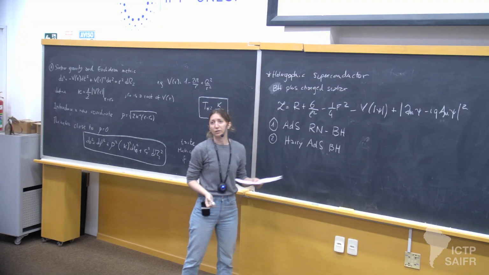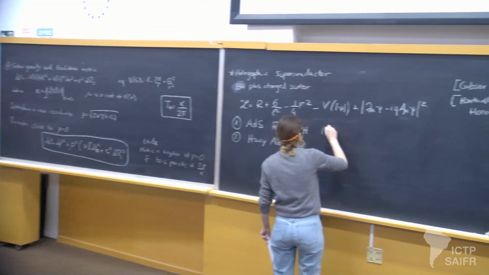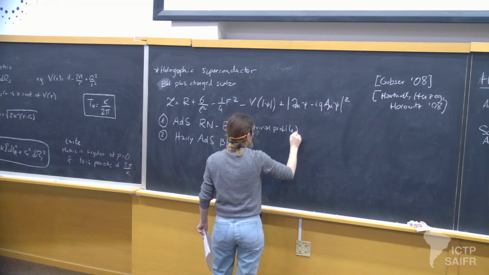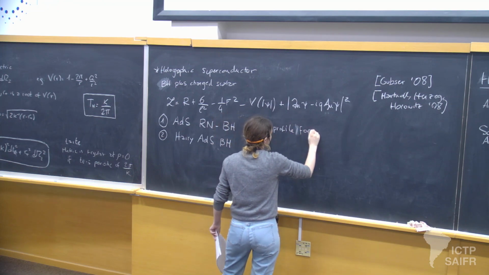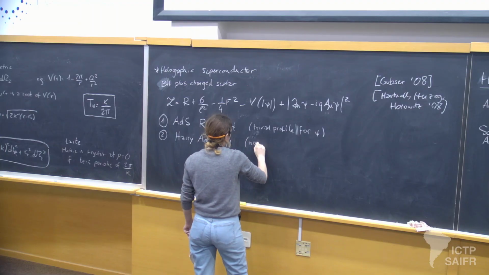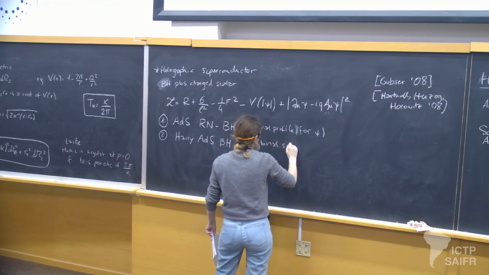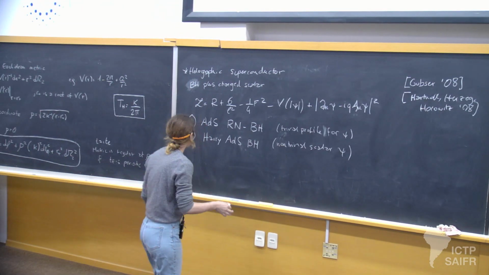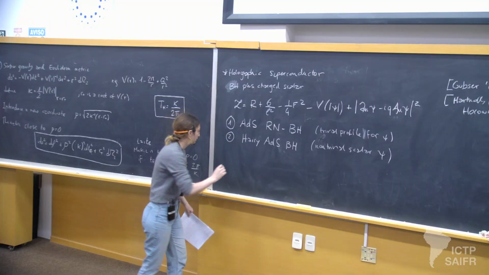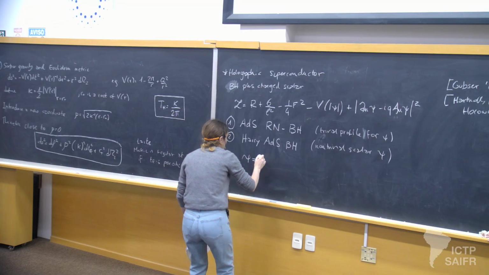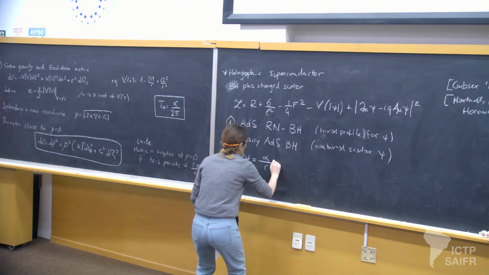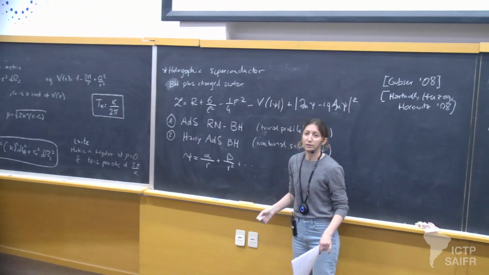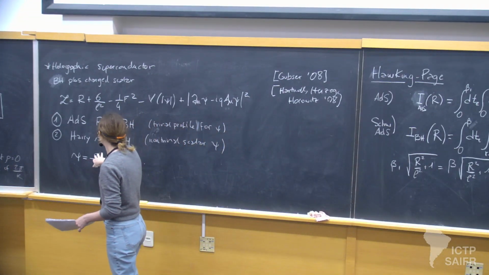Where you have that the scalar is non-trivial. So this is like a trivial profile for the scalar, and this is a non-trivial scalar psi. So what happens here is that, once again, by tuning appropriately the mass of the scalar, you have that the scalar goes as this at infinity, plus dot, dot, dot. And as I defined before, depending on your boundary conditions that you put on the scalars,